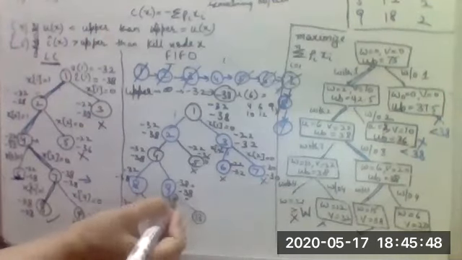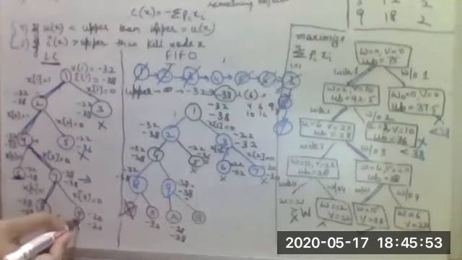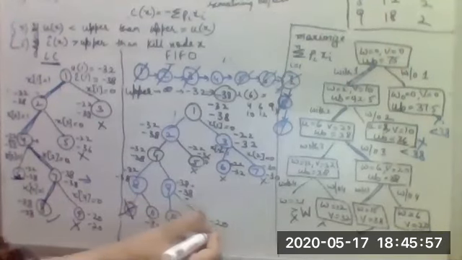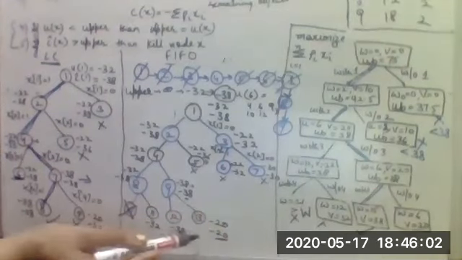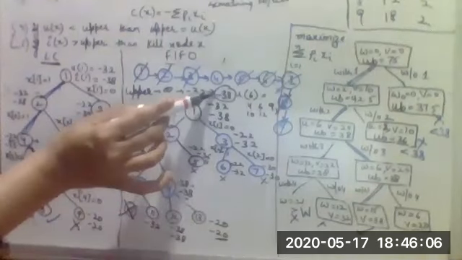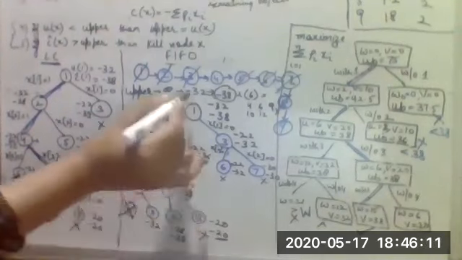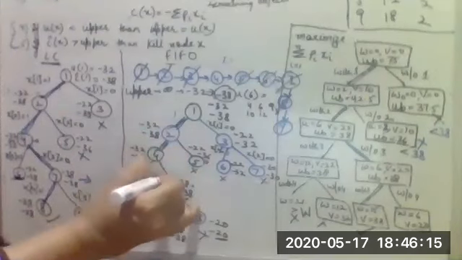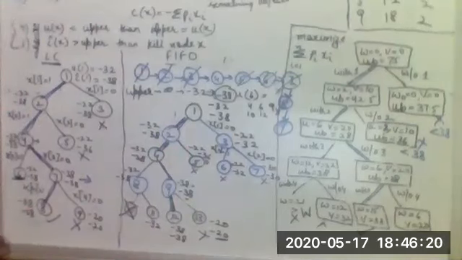For this particular node, where the fourth element is not taken, the value is minus 20 and minus 20. Minus 20 for the C cap function is greater than the upper value, which is currently minus 38. So this particular node also is killed. So you get this solution, which is 1, 2, and this, and then this. It is again the same.